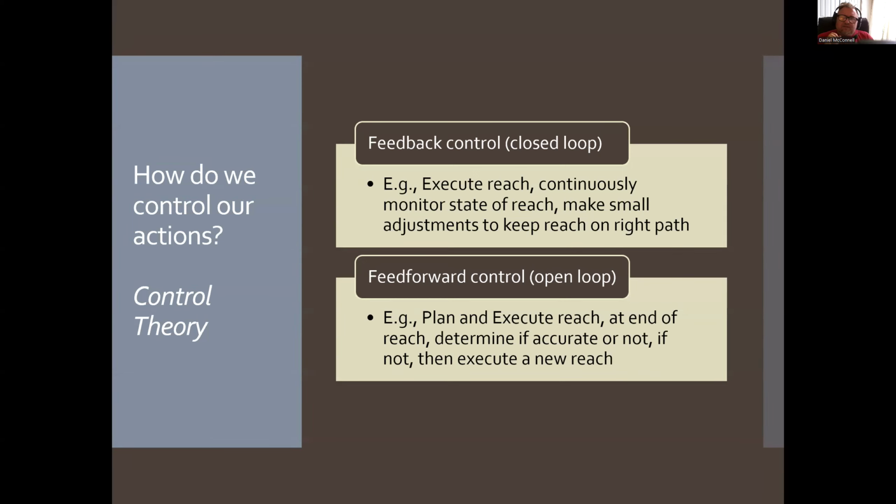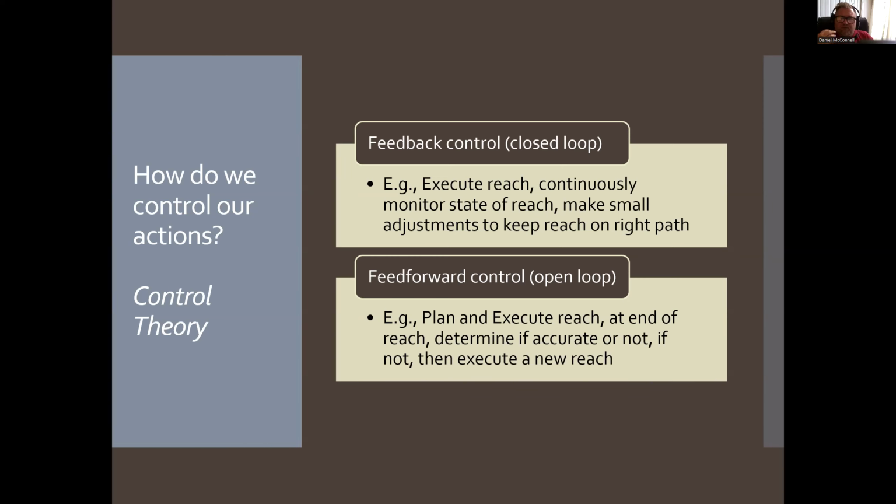Let's talk about using this form of control to control a reaching movement, which is a simple movement that we do all the time, right? So I'm going to begin by executing the reach, and that means I'm going to start the movement, and my hand is going to start moving towards a target. But according to the principle of feedback, what's happening is that as the reach movement is happening, I am continuously